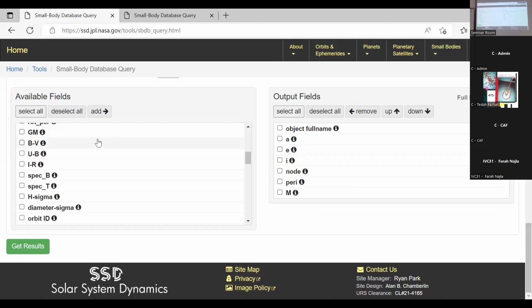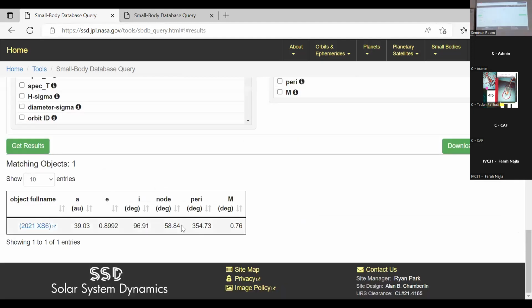Now get results. Click get result on the bottom left. So you have only one object. Is it true? Inclination more than 0, eccentricity more than 0.5.